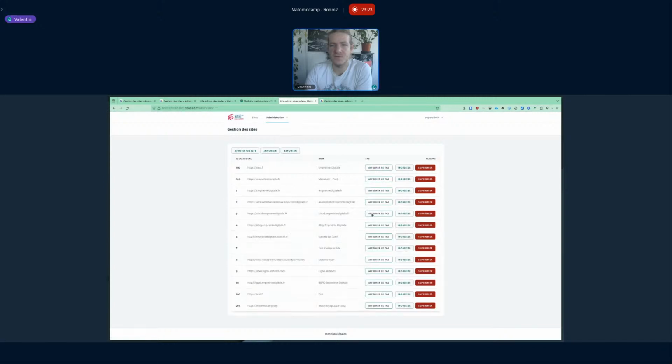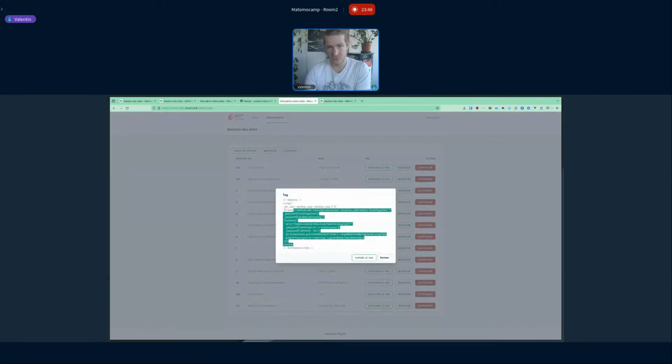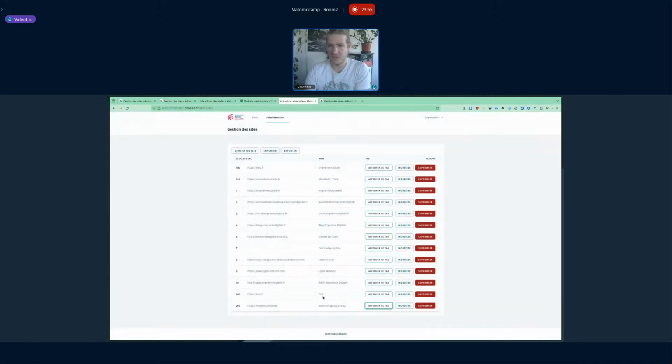As I said before, you have multiple sites. Here in this view, in the administration area for sites, you have the same data as the dashboard, but you also have the ID from your Matomo instance. And as before, you can get the tag from the Matomo API to copy and paste into your website.